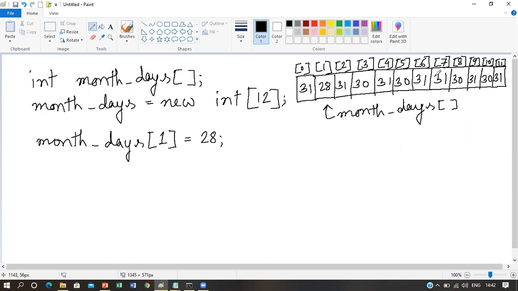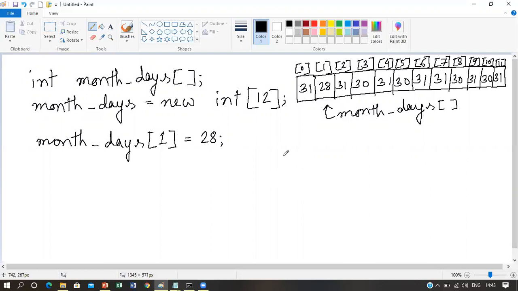Now I want to do a program where this month days array will hold the count of the number of days in a month for all the months that are available. So there are 12 months in a year, and this array will hold the count of the number of days of all the months.